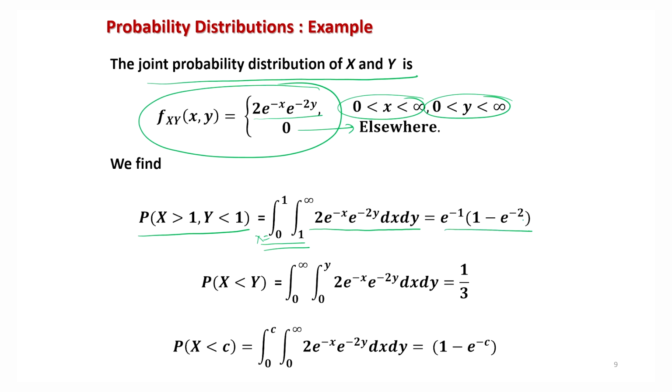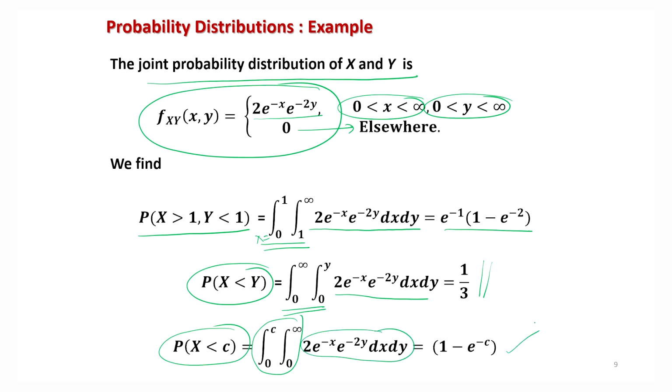I am not going to solve this integral here, but anyway you can obtain this value. Similarly, if you want to obtain the probability of x less than y, now it is a joint variation. So, you can write down the limits of x as 0 to y and the limits for y as 0 to infinity, write down the PDF and solve it. This will come out to be 1 upon 3. And similarly, if you just want to find the probability that x is less than c, that means y is lying between 0 and infinity, you can have this integral with the range for x from 0 to c and 0 to infinity range for y, the joint PDF, and then you can solve this integral without any problem.